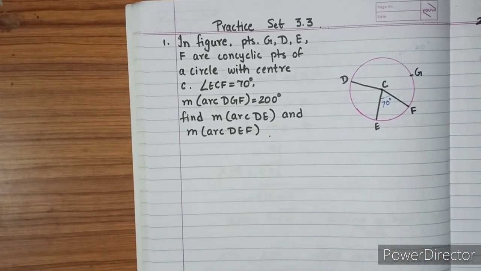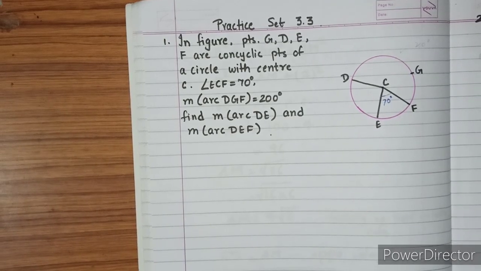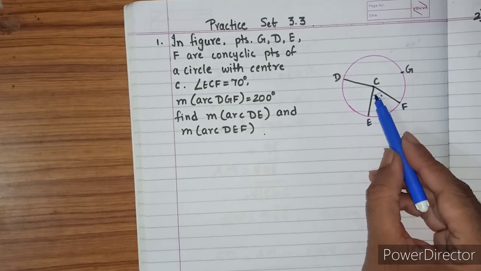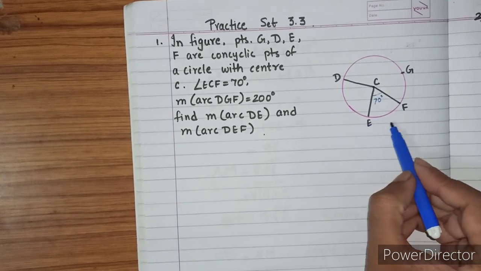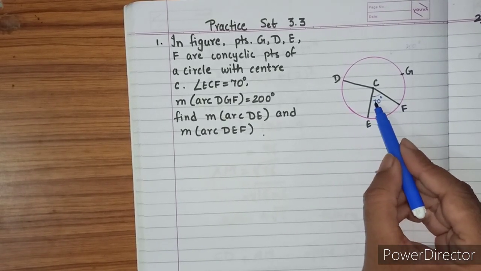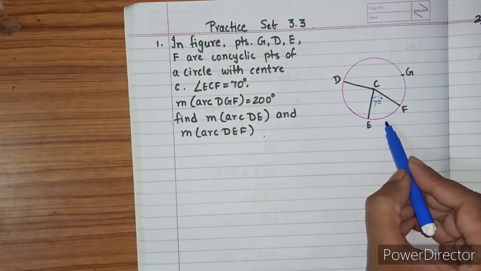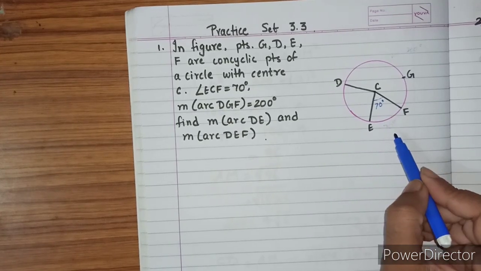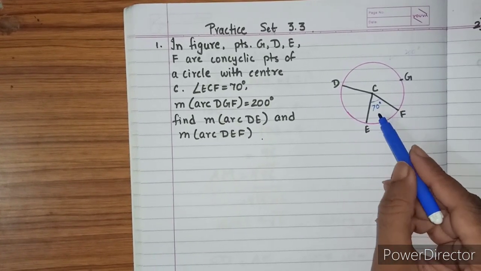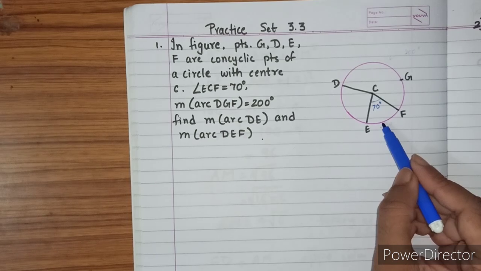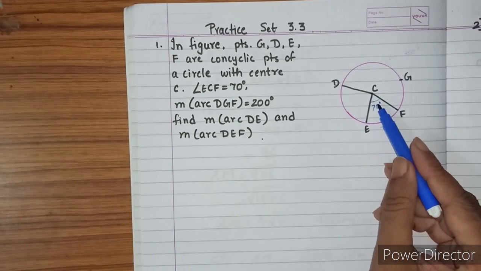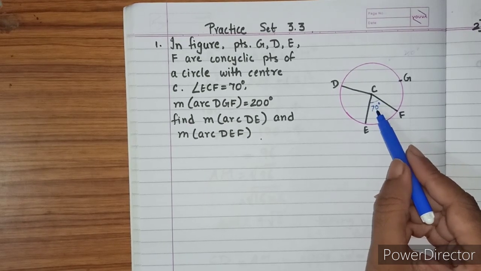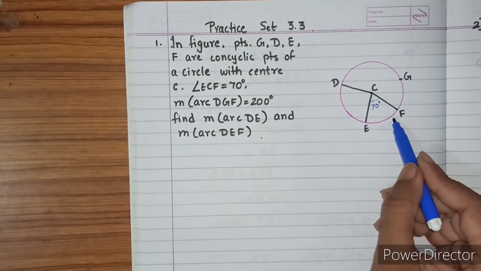Okay. Example is very easy. I think you must have understood by now. See, this is the central angle for this arc EF, right? Its measure is 70 degree. So what will be the measure of this arc? 70 degree. Why? Because we have seen the theorem that the measure of a minor arc is equal to the measure of the corresponding central angle, right? So this arc is also 70 degree.